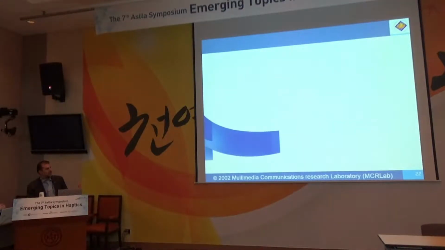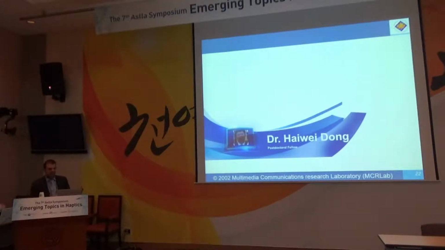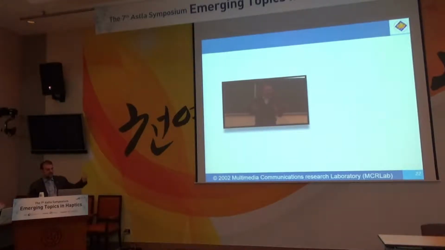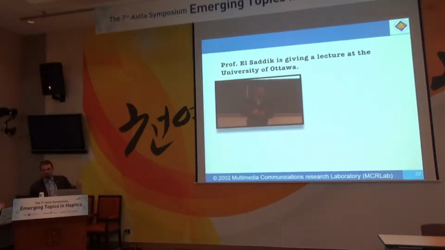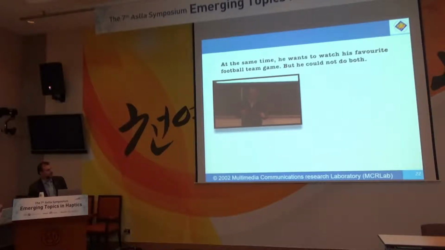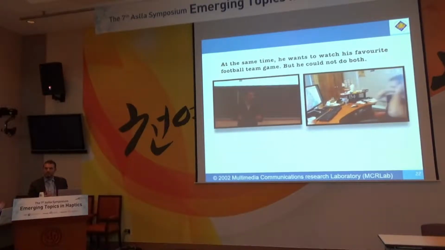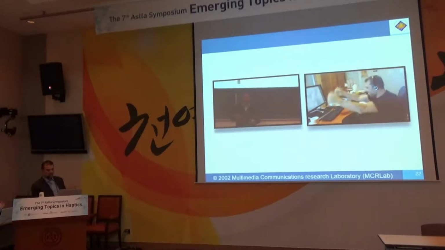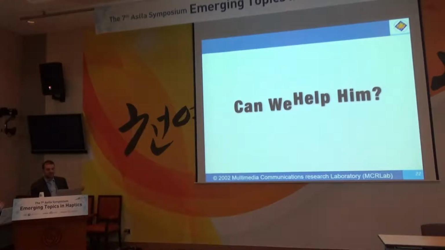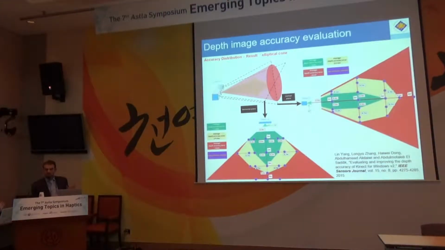What if I need to be here, but at the same time, I want to be somewhere else? So I need to be teaching, but Barcelona is playing, as you know, on Wednesdays. They are playing today's Copa de España, and I want to do both of them. So how can haptic help me in achieving this goal? In order to achieve this goal, I need a digital twin of myself with a high precision.